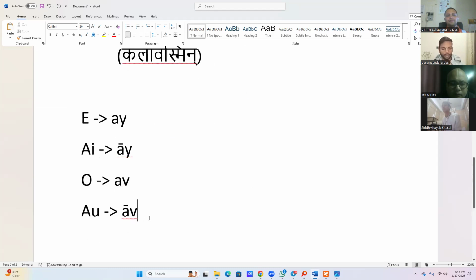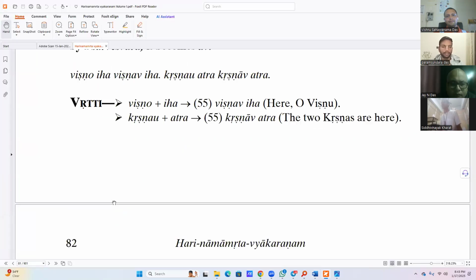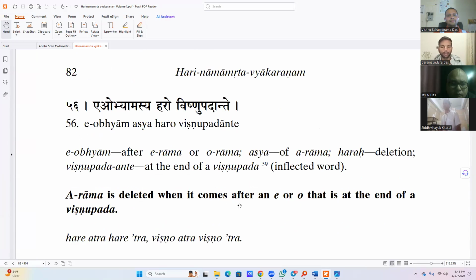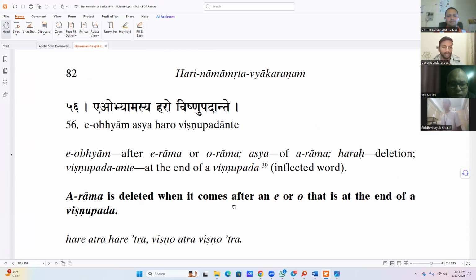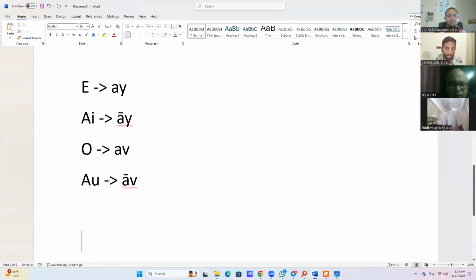Now, the next sutra says, Eobhyam asya haro Vishnu Vedante. This sutra is an exception to the previous two rules, partially. Arama is deleted when it comes after an A or O that is at the end of a Vishnu Pada. Okay. So this sutra is saying,